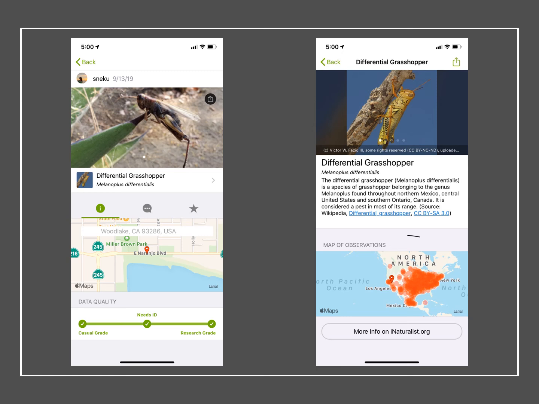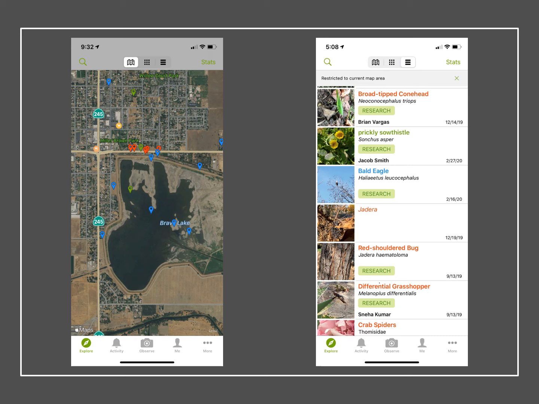For example, someone has a grasshopper find in the botanical garden. And then you look and see what's in their database, and you can check their own identification, and it works really well. So here's the Bravo Lake Botanical Garden in Wood Lake, and you'll notice there are a lot of different finds here. And the different colors represent